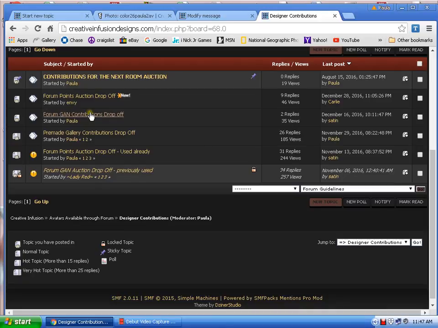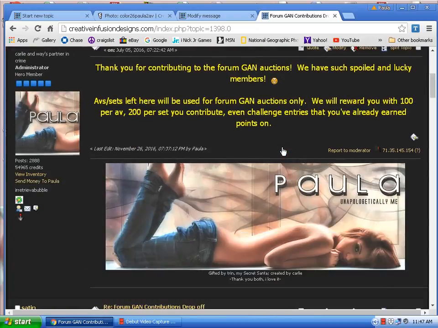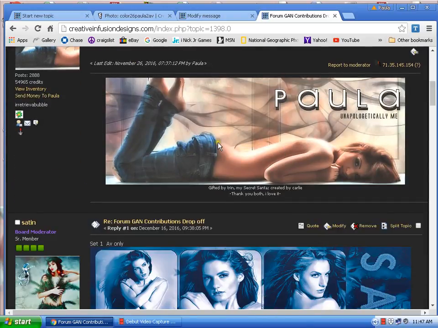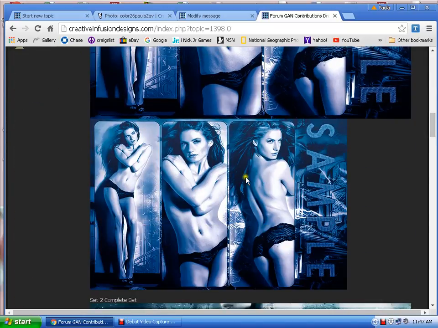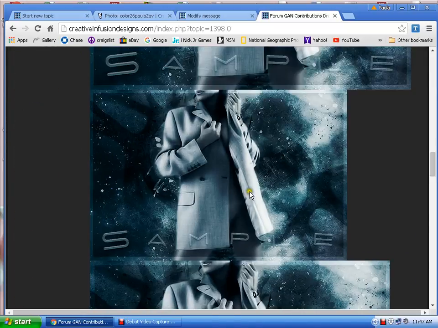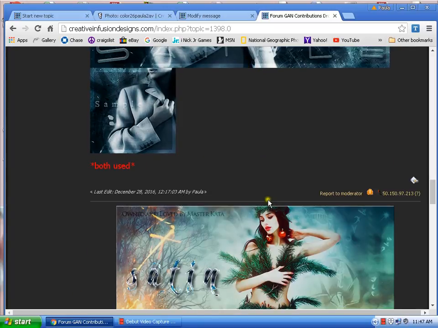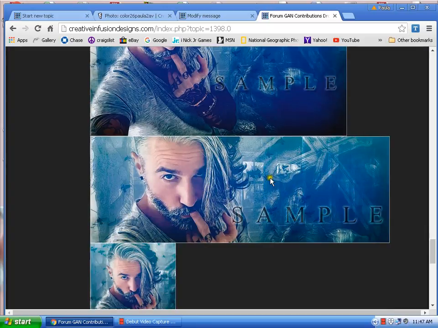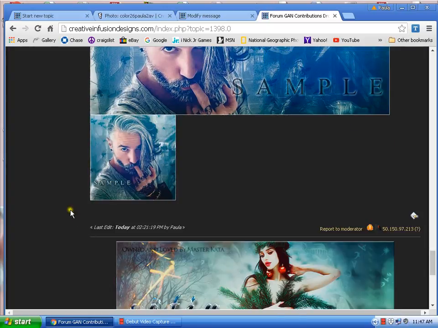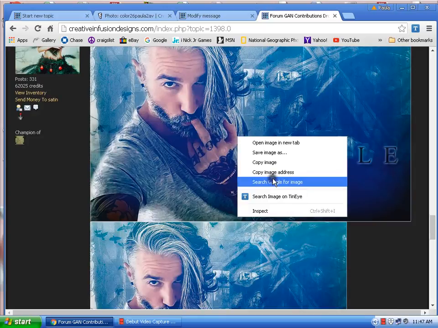We're doing a GAN, so we go to the GAN contribution drop-off. What we're going to look for is AVs that haven't been used already. Here's a contribution from Satin. We scroll down, we see there's an AV only, and then there's a complete set. And at the bottom it says both used. So I know that those aren't available, so I keep scrolling. Here's a mail from Satin. She pretty much saves our butt every week. And that set is there, and hasn't been used because there's no note. So I can go ahead and snag that guy